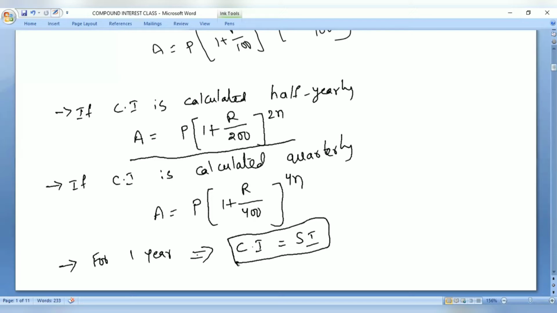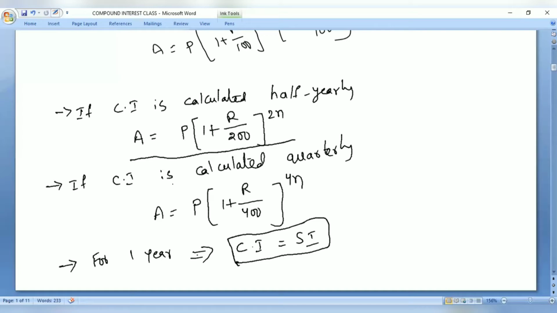So we will just recap whatever we have learned. First, compound interest means adding to the existing. Compounding means adding to the existing. So in compound interest, whatever is the principal that you invested, after a particular period of time, whatever interest you accrued will be added to the principal, and that will become the new principal for the second cycle. So in this case, we directly calculate the amount as A equals P into (1 plus R by 100) whole power N. This is how the amount is calculated.